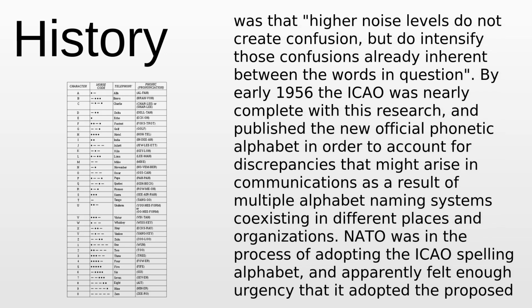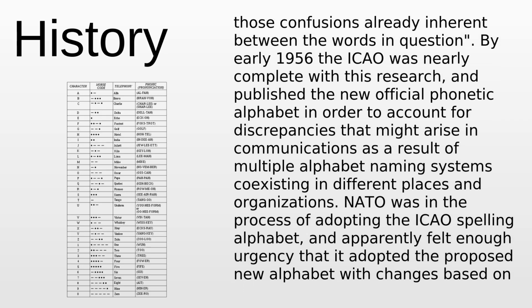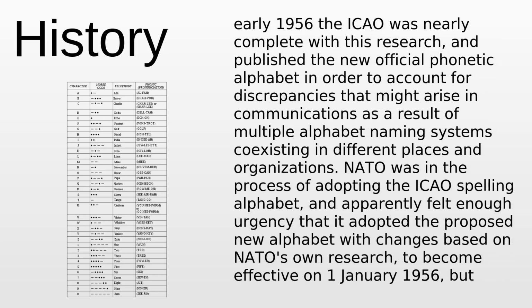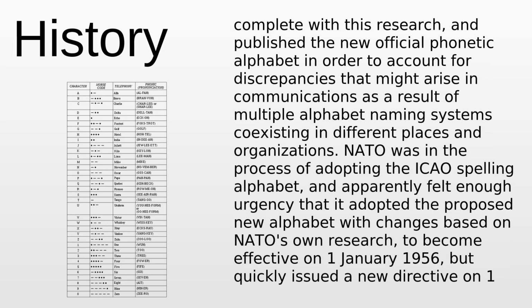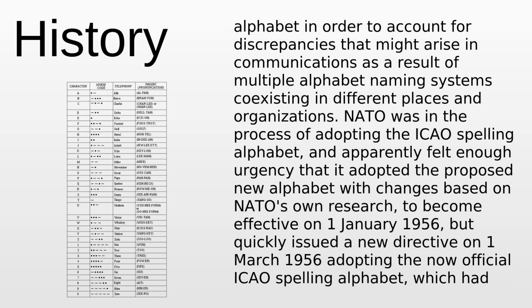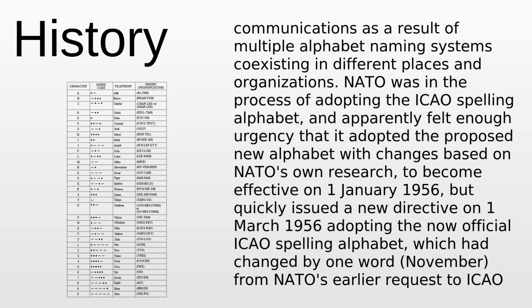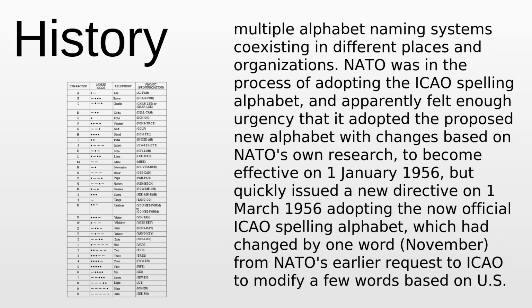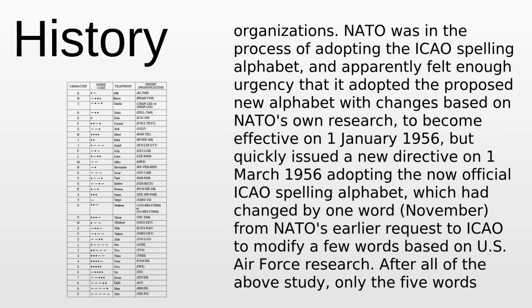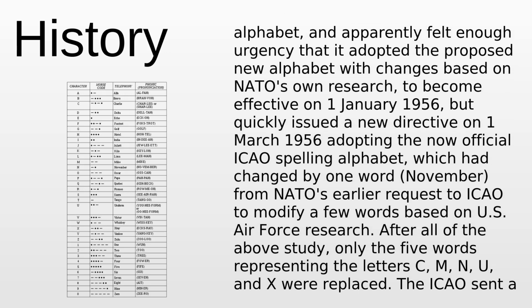By early 1956, the ICAO was nearly complete with this research, and published the new official phonetic alphabet in order to account for discrepancies that might arise in communications as a result of multiple alphabet naming systems coexisting in different places and organizations. NATO was in the process of adopting the ICAO speaking alphabet, and apparently felt enough urgency that it adopted the proposed new alphabet with changes based on NATO's own research, to become effective on 1 January 1956,